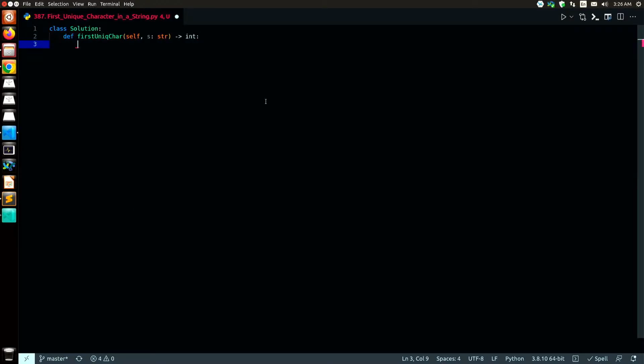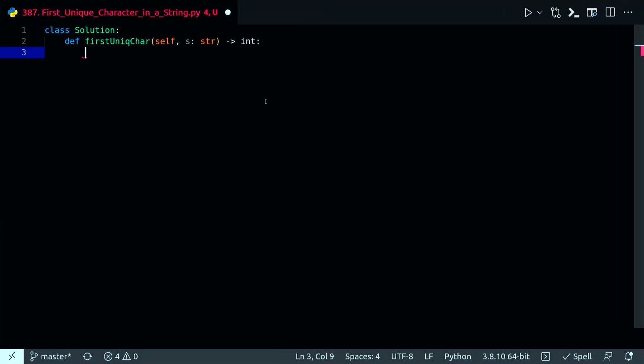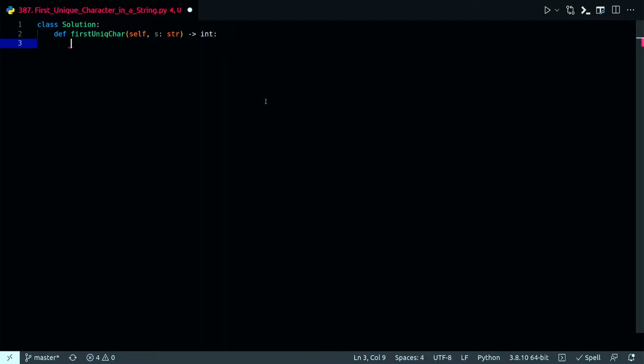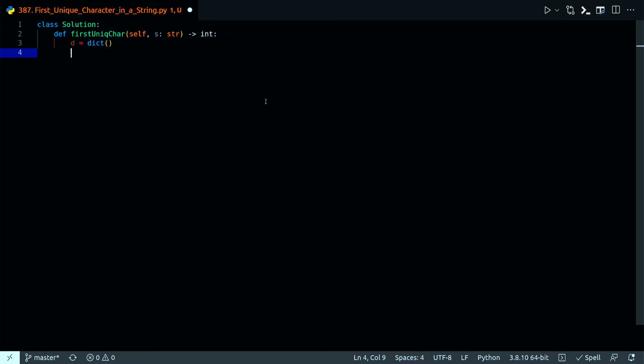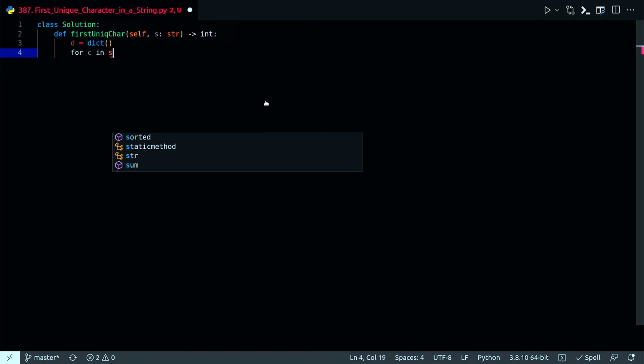So first, I will go through a couple of alternatives to solve this problem. The first one is a kind of linear time solution. Let's say the method is first unique character, and what I'm planning to do is first define a dictionary, d equal to dict, and then for c in s,